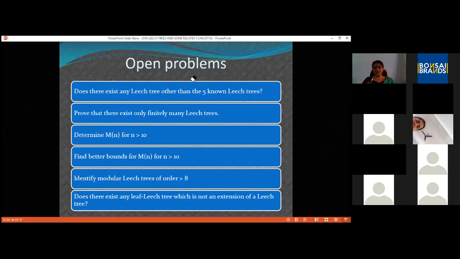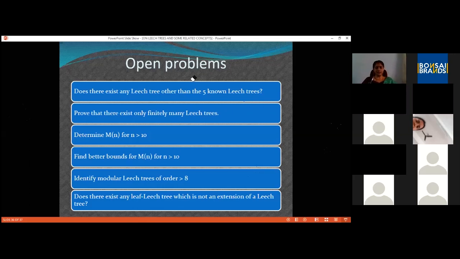There is a result on order that either it is a perfect square or it is a perfect square plus 2, but there are infinitely many perfect squares and perfect square plus 2. So from that, we cannot conclude that there are only finitely many leech trees. But if you can find a result that if at all there exists a leech tree, the diameter will be at most say 10,000, that makes the number of leech trees finite. Clear? Or it cannot be of order say greater than 1 lakh.